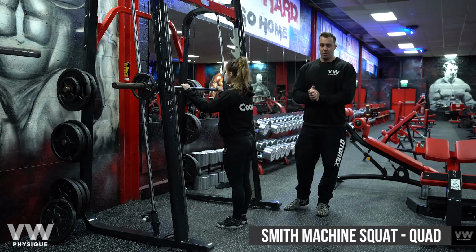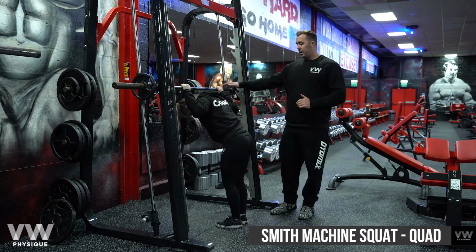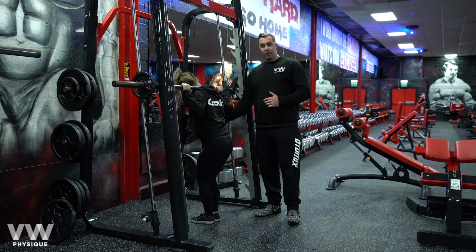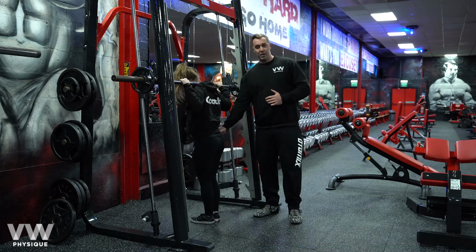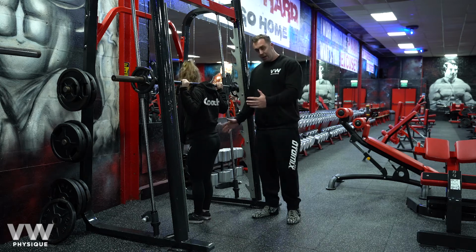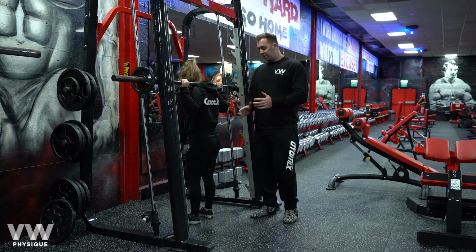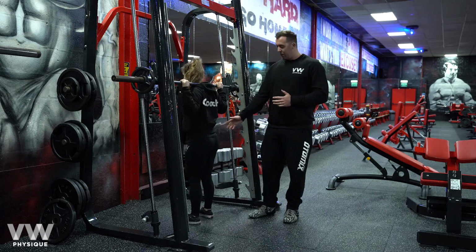Okay, Smith machine squat. We're going to make this one more focused for the quads. So for this one, as she gets underneath the bar, her foot position, rather than being forward, is going to be very much underneath the bar. Now, we're going to focus with the stance being a little bit narrower, but not too narrow that she doesn't feel stable. So she's going to find her own comfortable position, which is there, as you can see,